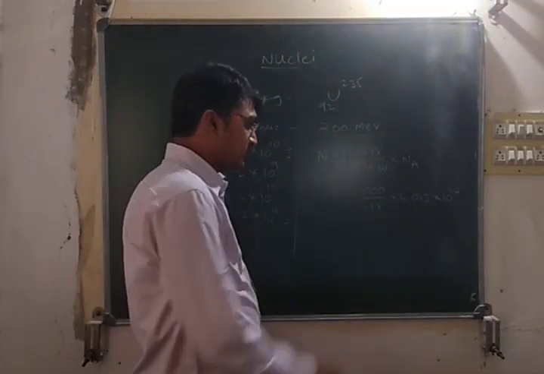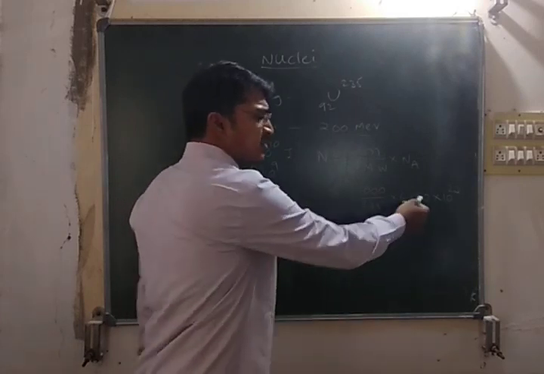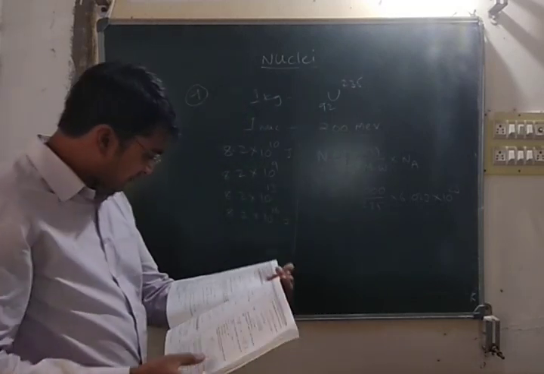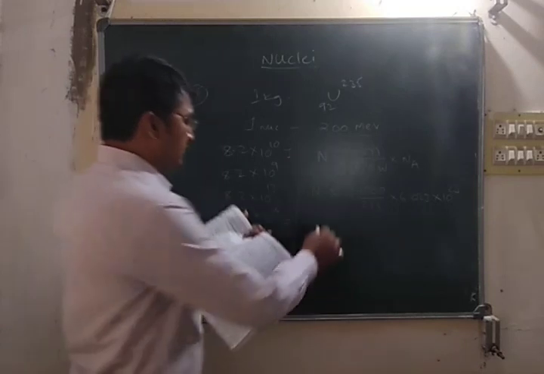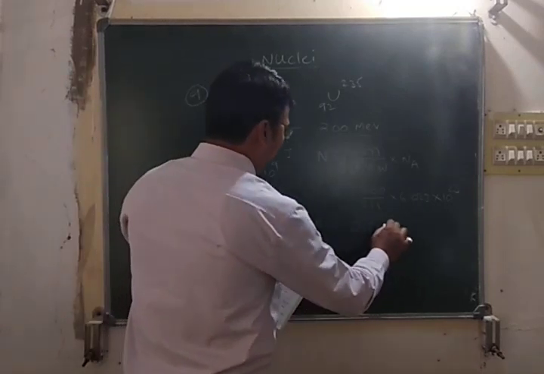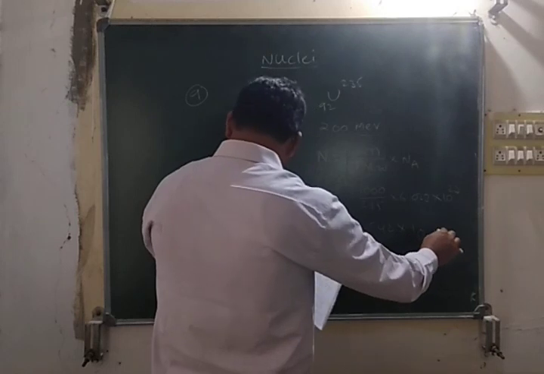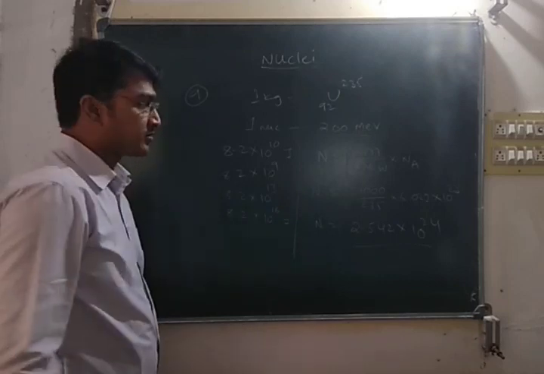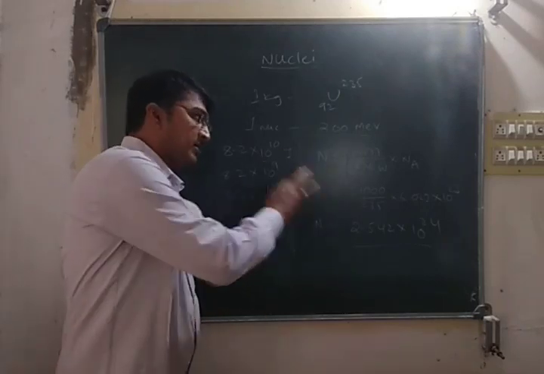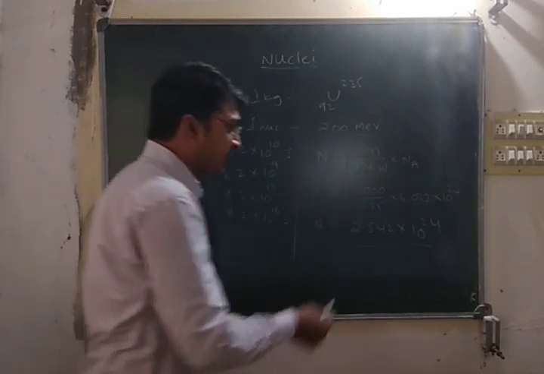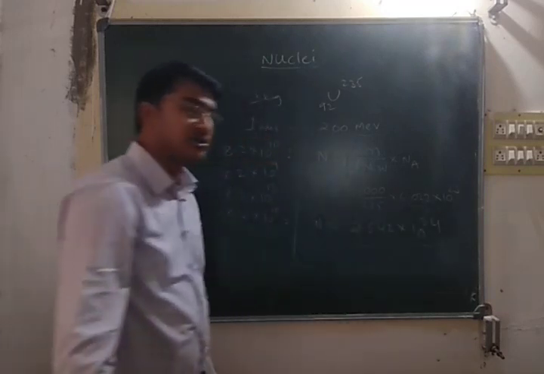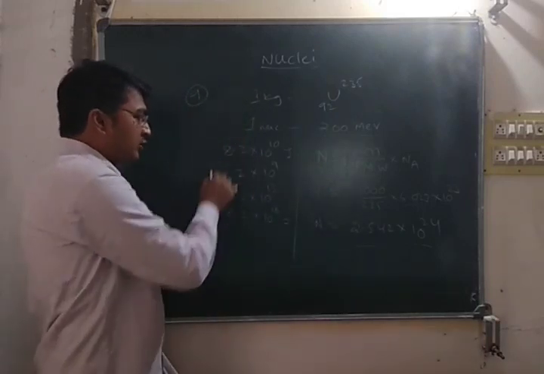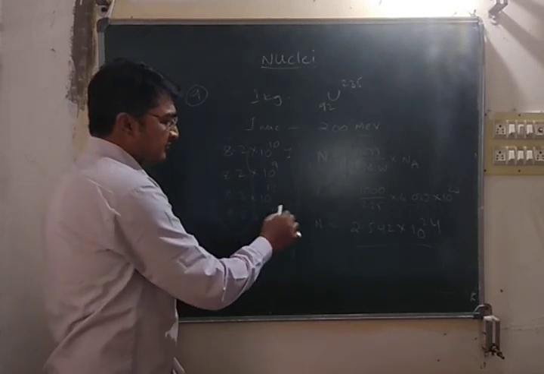You should calculate the approximate value, and 6.023 is there; you can take it as 6. So approximately, you will get the number of nuclei. Just check your answer: 2.542 into 10 to the power of 24 you will get. Just check it once again. I am giving the procedure, so calculate yourself. I am giving the answer directly, but you can check it once. Instead of 6.023, you can take 6 and you will get the approximate value. Because in the options 8.2 is common, you only need to find the powers.